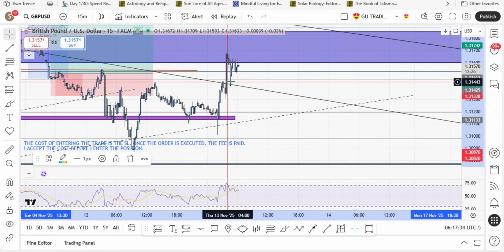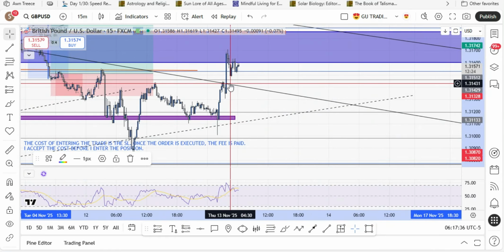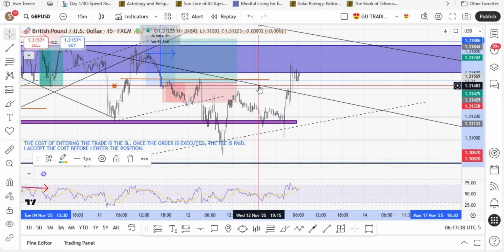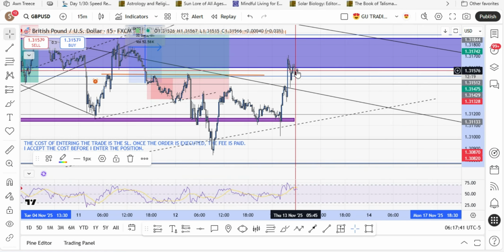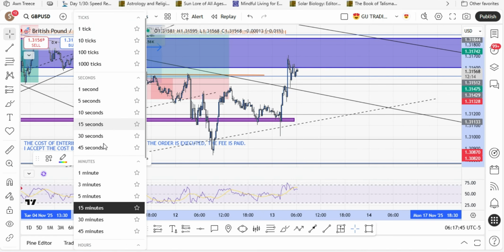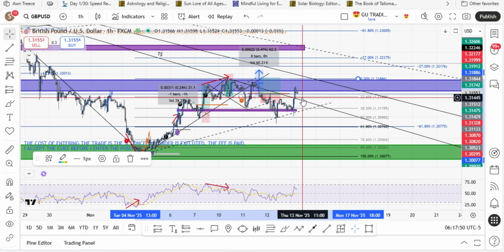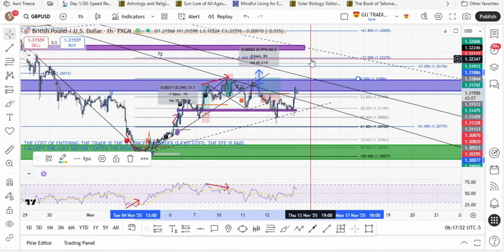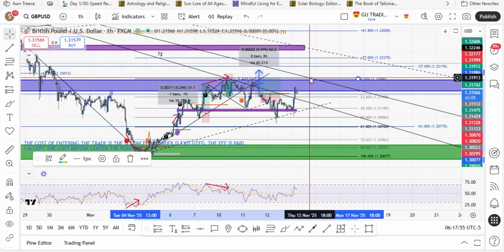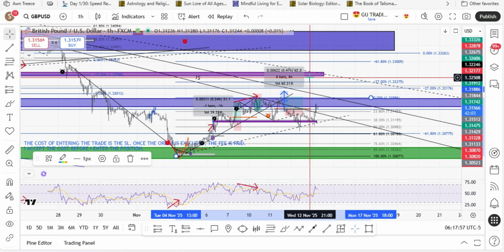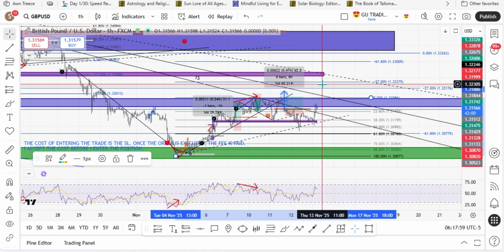So this right here would have been a good entry point, but on the 1 hour, it really looks like nothing. So I'm expecting it to come back down and retest it again, and then I'll get in for a buy. Like I said, I'm not really worried about this trend line, so I'll probably buy up to at least this area here. If not, just go into the